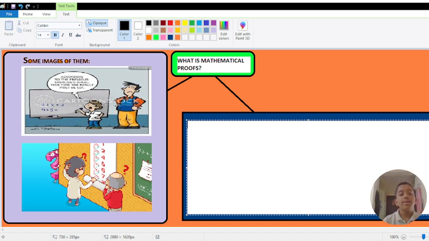You can see here the images on mathematical proofs. Can you define them? What are they showing? Can you tell me in the comments what mathematical proofs are, by your answer? If you don't understand, I want to tell you that